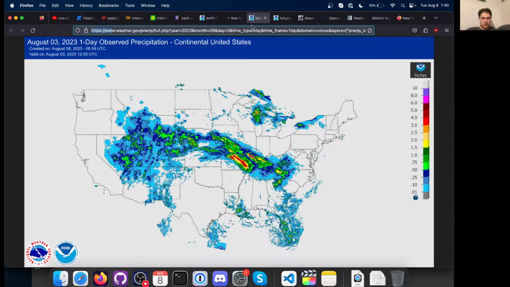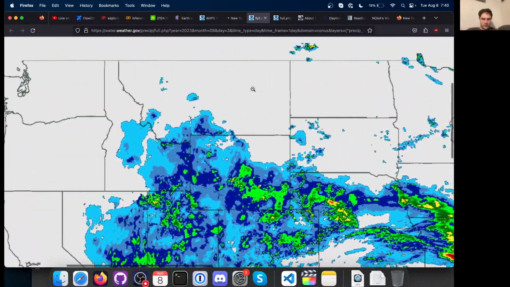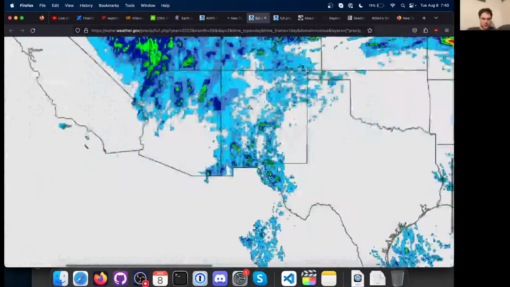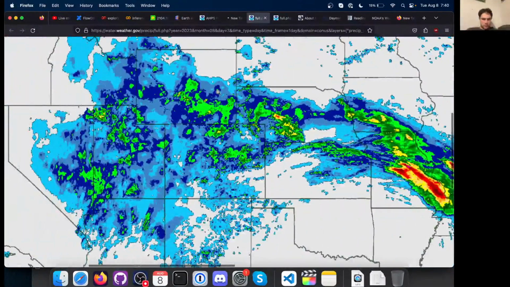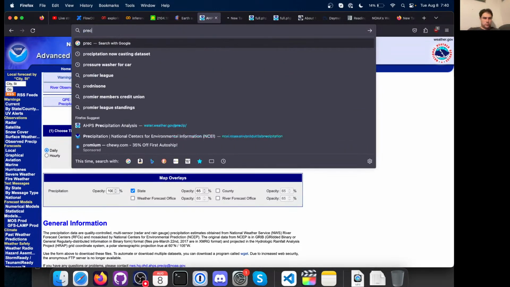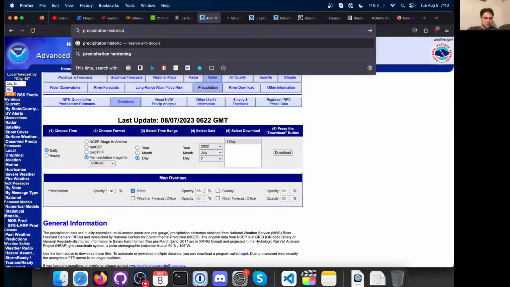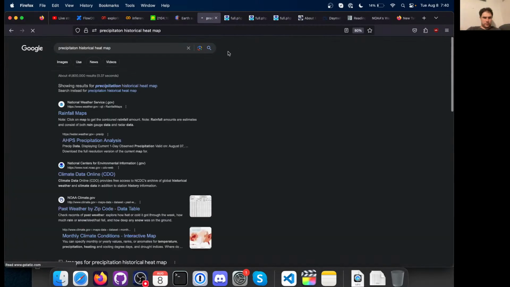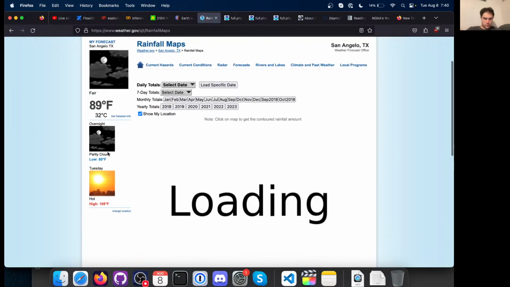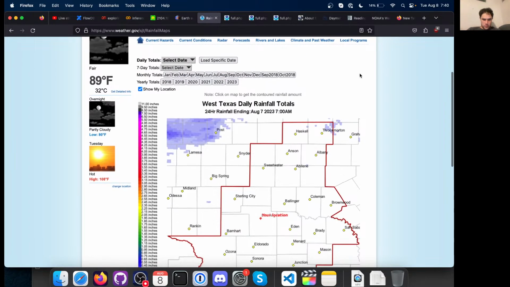So let's see if this works. Yeah, I think having the county might be more useful too. Historical heat map. Oh, maybe this would help. Okay, maybe this